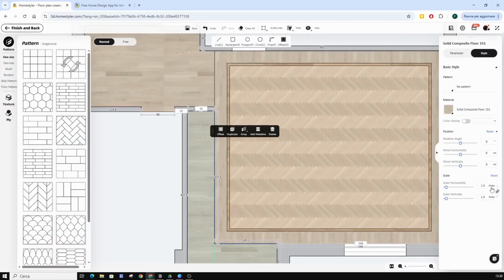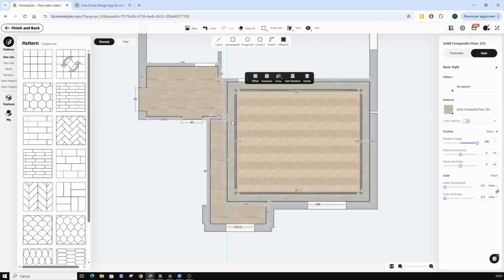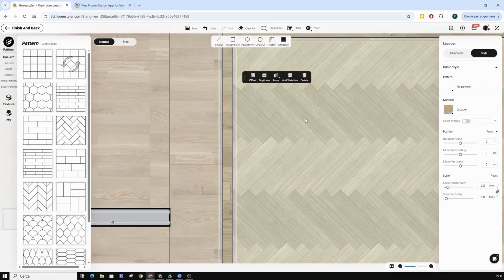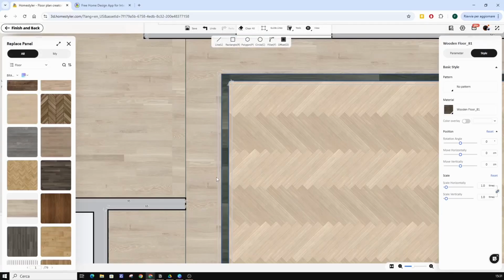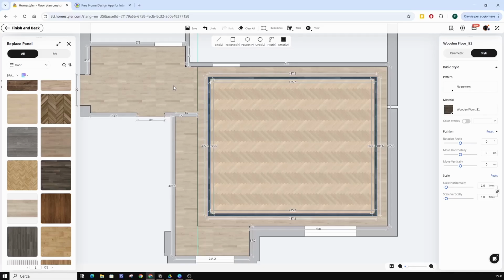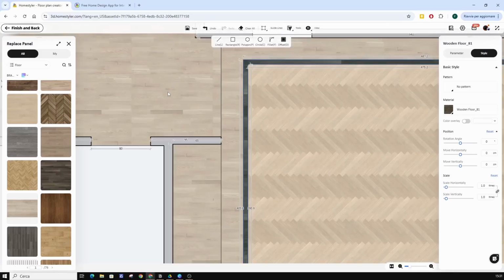I can use the same values. Rotate it. I can insert a border strip. And in this way, we have created a central rug with a herringbone laying, while on the outside we have a running bond laying.